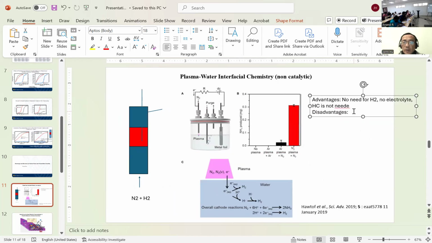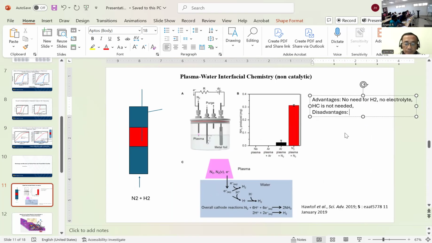If you think of something else, just keep on talking. But I can see the disadvantage. Actually, I use some kind of plasma cell like this. Okay, the disadvantage is